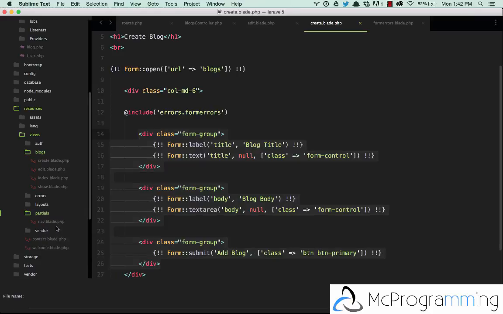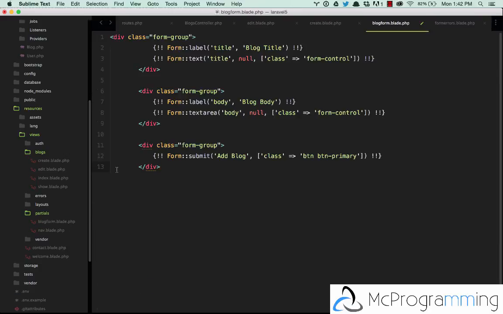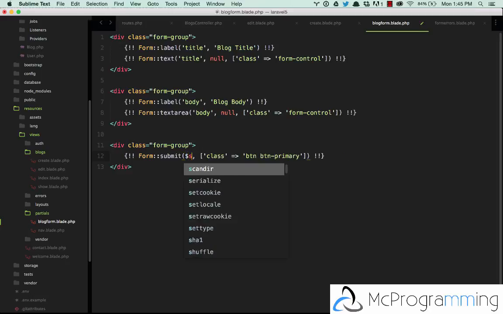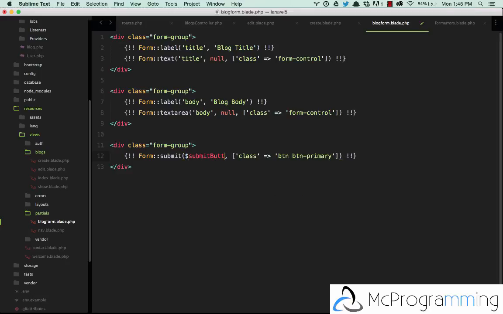first. And I'm just going to call this blogform.blade.php. Pop that in there, and let's style this up a little bit. Alright, so now that we have this blog form, since the text on the button is going to change based on which view it's in, we're just going to make this a variable, and I'm going to say submit button, and we're going to save that, and let's go to create and edit and